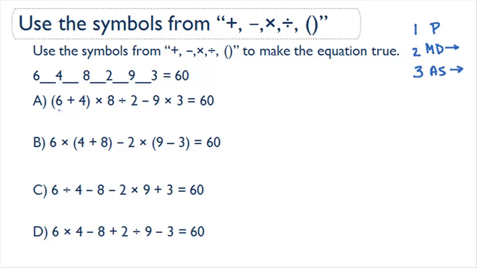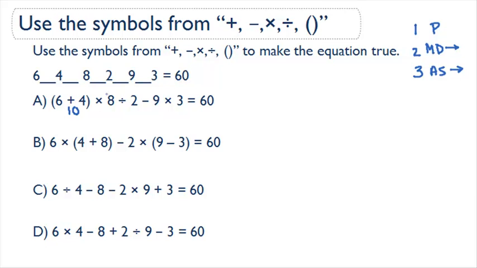Option A is in parentheses 6 plus 4, and then times 8 divided by 2 minus 9 times 3. Let's see what this would come out to. We're going to start with our first step, which is whatever's in the parentheses. 6 plus 4 is 10. Now that we've done our first step, we're going to move on to our second step, which is multiplication and